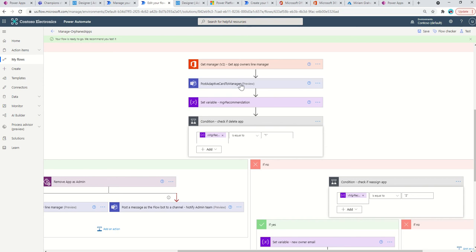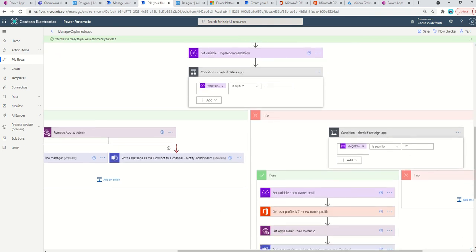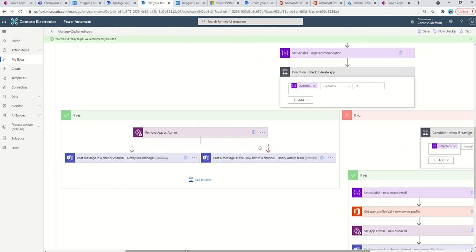So why not explore that opportunity and use adaptive cards to ask the line manager in this instance to make a decision straight away. So that's what we're going to do: send an adaptive card, and then depending on what the manager recommends, we have a couple of options. Now with orphaned apps, it's pretty obvious what the options are going to be. One is going to be to delete it. So we have that here. I'll show you the implementation in a bit, but basically, if the line manager recommends that the app is deleted,